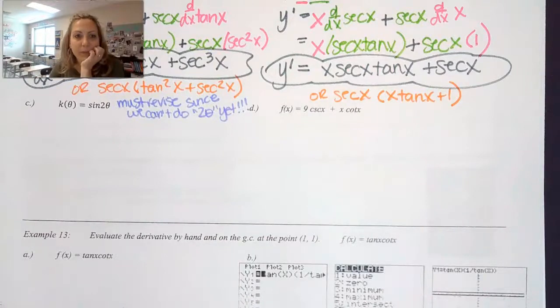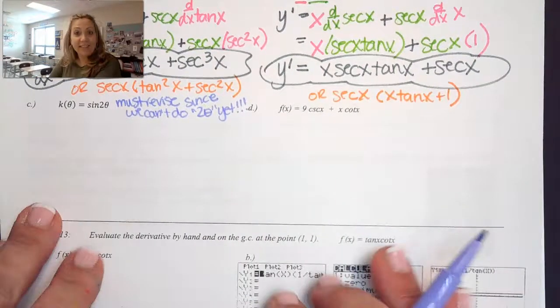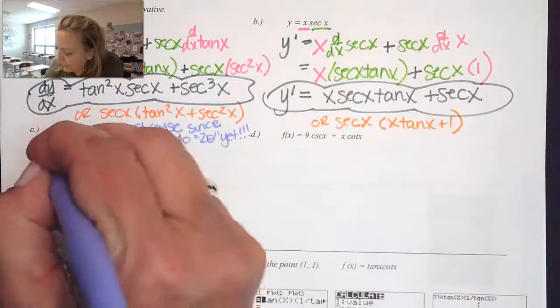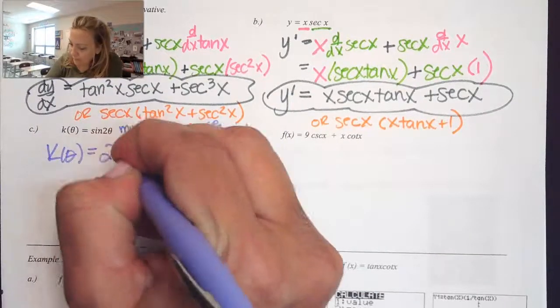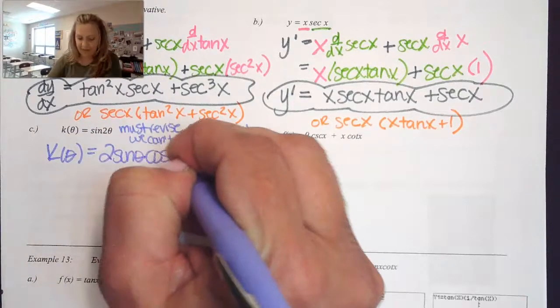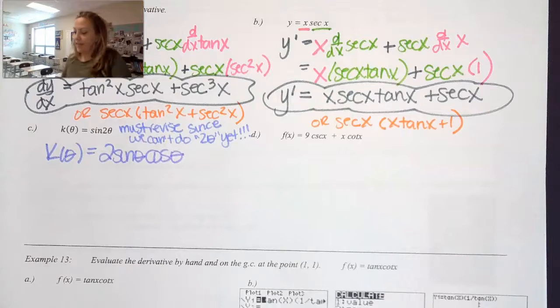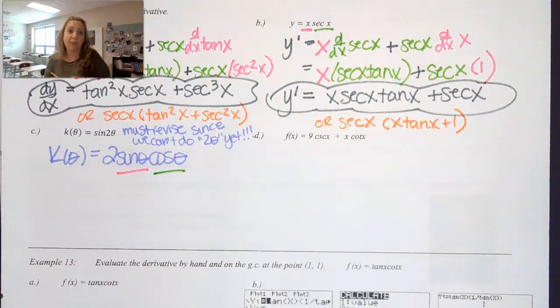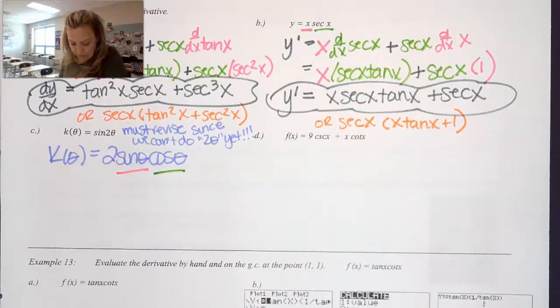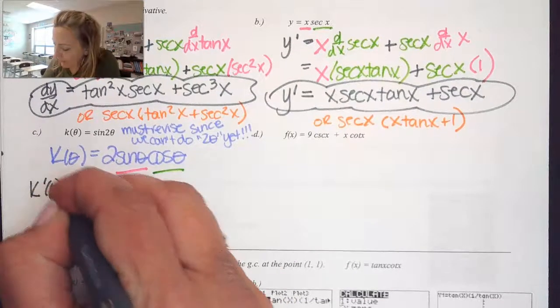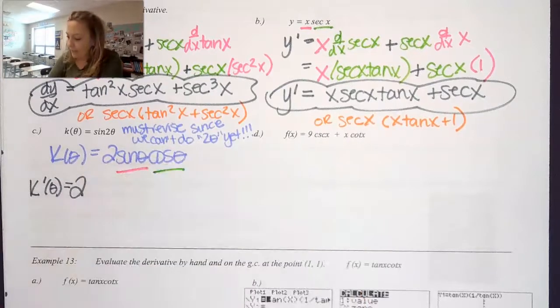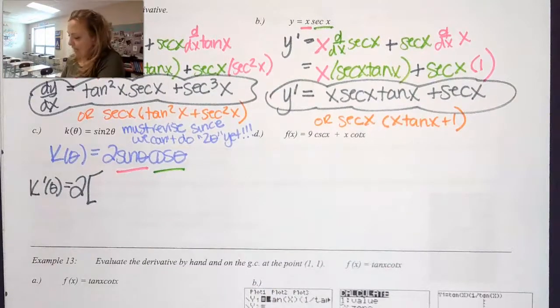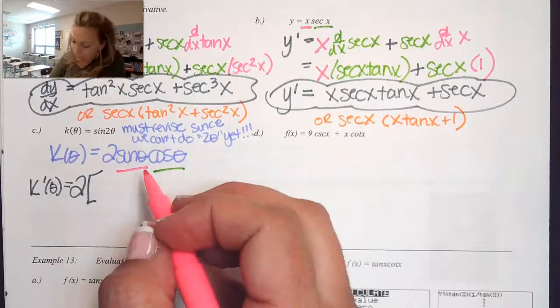So how in the heck could we rewrite sine of 2 theta? That's right, the double angle formulas. Let's rewrite this as 2 times the sine of theta times the cosine of theta. Well, that's nice. Now I have 2 functions being multiplied by each other involving our input variable theta. And so then I can indeed use the product rule. So I could say that k prime of theta is going to be 2 times, like pull out that 2 as the constant multiplier,